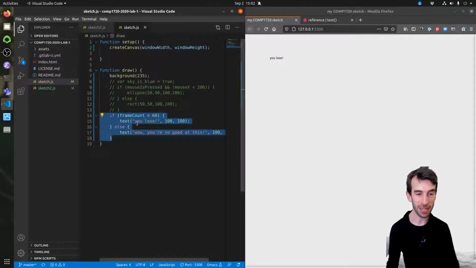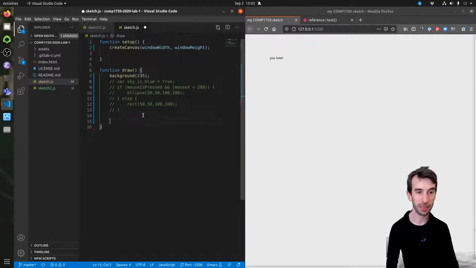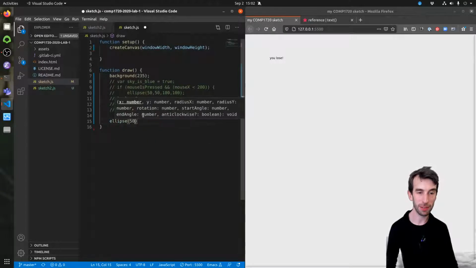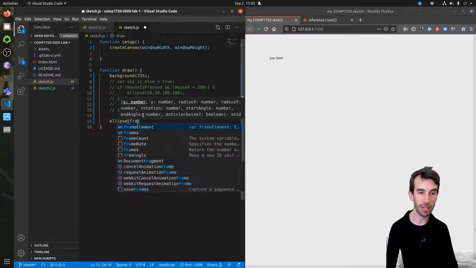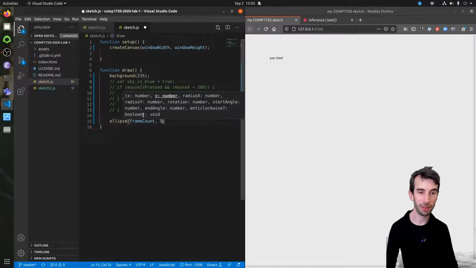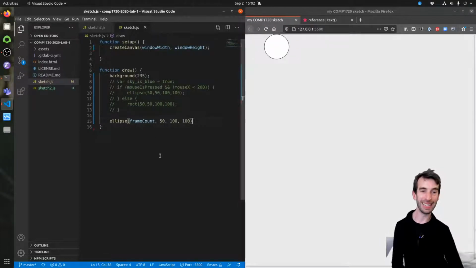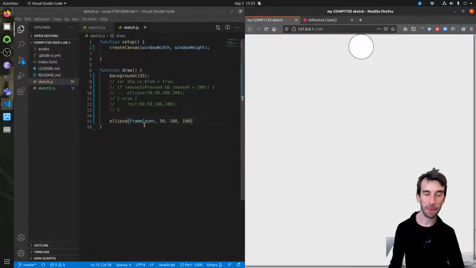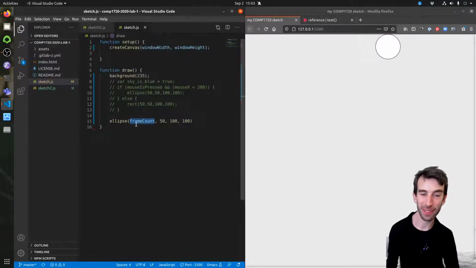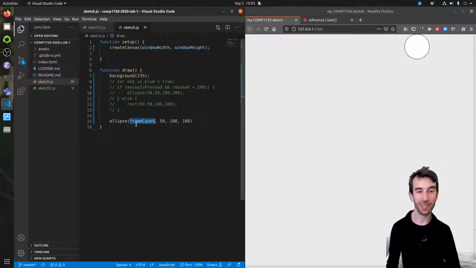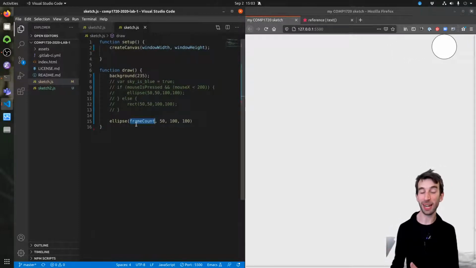Another easy dynamic sketch we did was this one. Ellipse, 50, frame count, 50, 100, 100. Okay, a very easy dynamic sketch that would move a circle across the screen. How are we doing that? We're using frame count as one of its values. So there are ways to make things move in time by doing a little bit of maths with frame count,